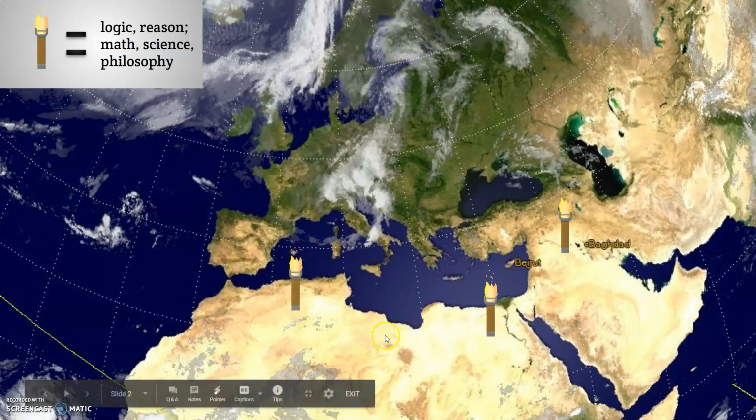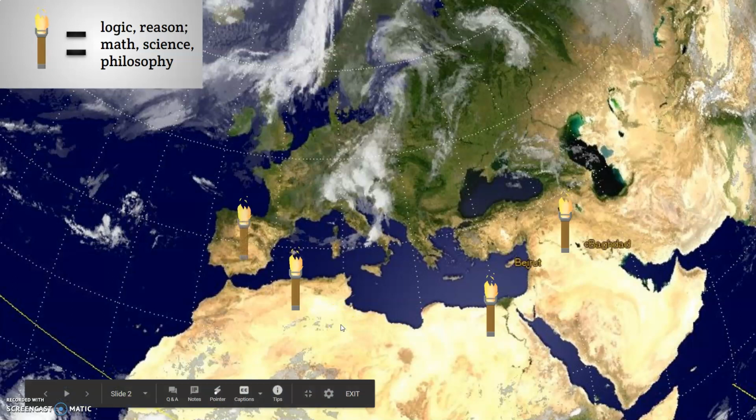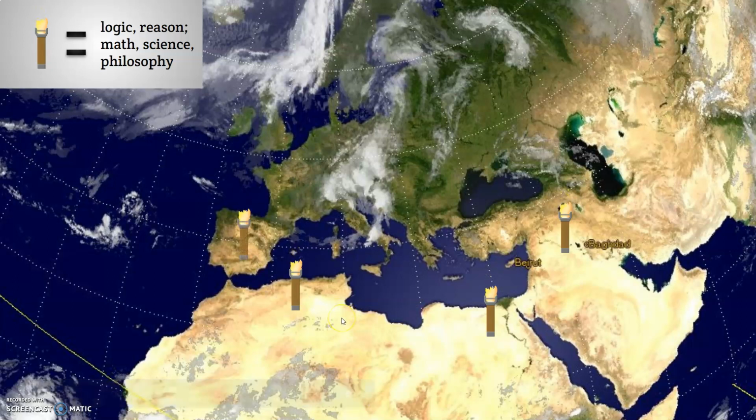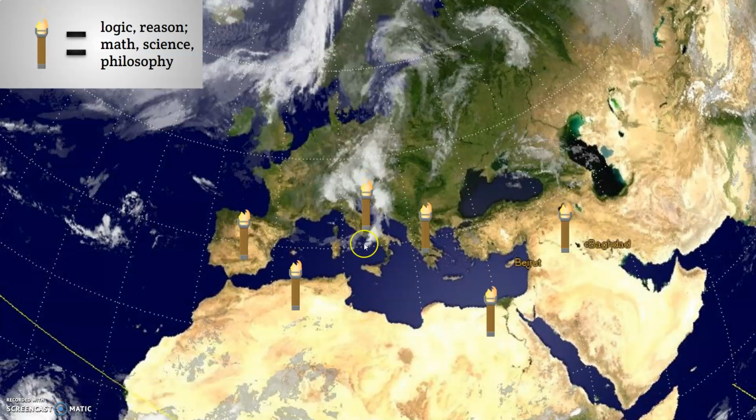These ideas spread throughout northern Africa, where new universities are being built, the first universities on earth, into Spain, where there is a Muslim caliphate there, and Europeans from places like England and France go down to Spain in these Muslim places to go to school. And eventually, the ideas of the Greeks and Romans come home. From Italy, the Renaissance ideas, the old ideas and fascination with Rome and Greece are going to spread throughout the rest of Europe and change the world forever.